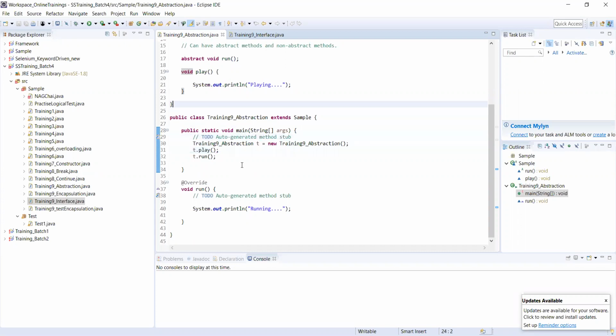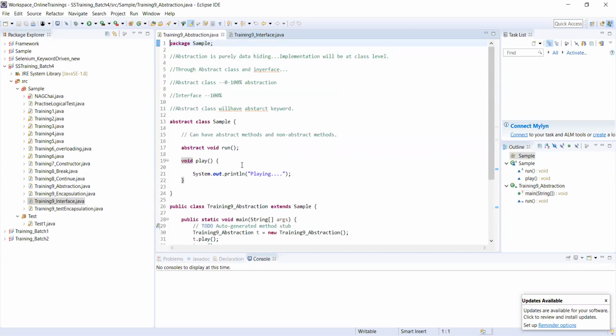Now, when I said 0 to 100% and 100%, 100% abstraction can be achieved through an interface. How can we achieve it through an interface? Interface is again data hiding, but it's pure data hiding. You will never have a non-abstract method. So by default, when you declare an interface,